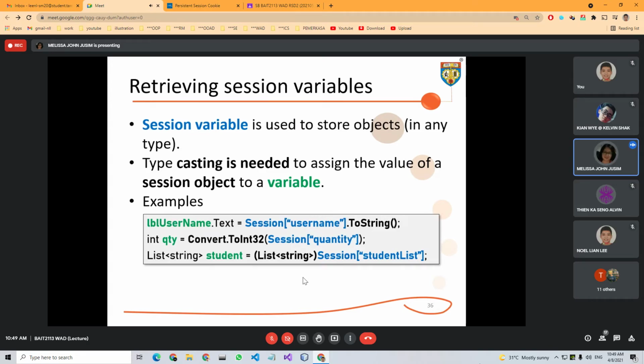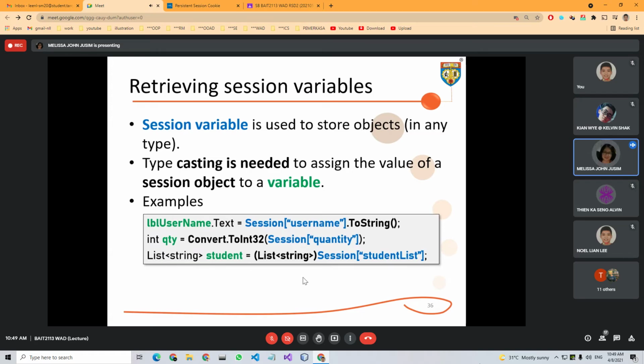For quantity, you need to use any of the integer conversions. And for the list object, you need to mention the list. This is a class and it is storing string values in the list. So you need to do typecasting appropriately.